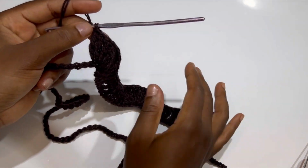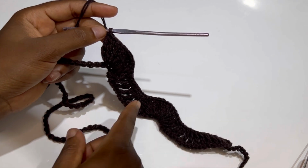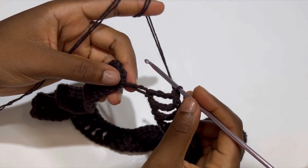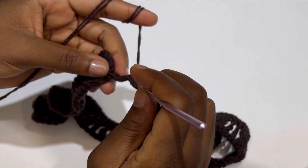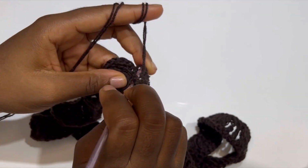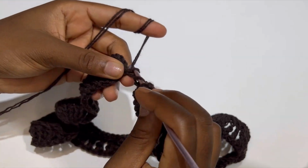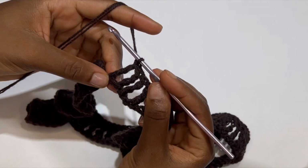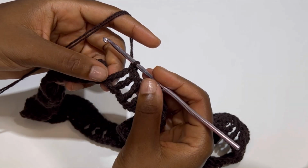So now you are going to make your individual trebles, 9 individual trebles, cluster, until the end. So I'm at the end of the row, and we are going to place our last cluster. So you should be left with a chain, 2 stitches. So inside the last stitch,